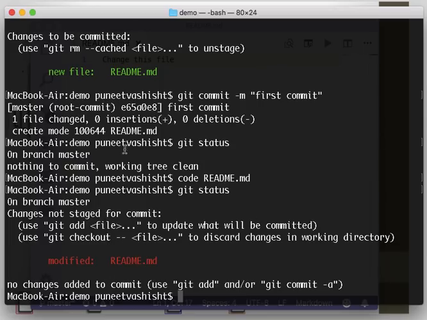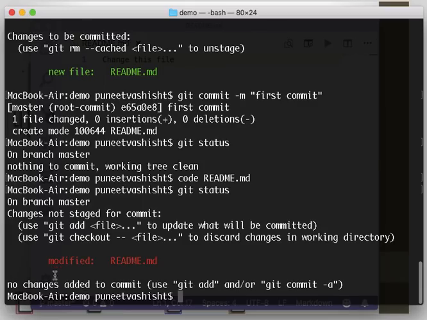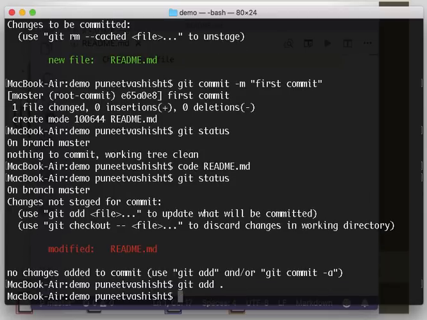Now you notice there's something available as a change because you've modified the README file. In the previous case, the README file was a new file, but now you've modified it, and you'll have to do the same thing. It tells you either to checkout and move it back into the working area, or otherwise use git add to move it into the staging area. So I'll type in git add and the name of the file. If you want to use the current directory, you can use dot. And if you do git status again,